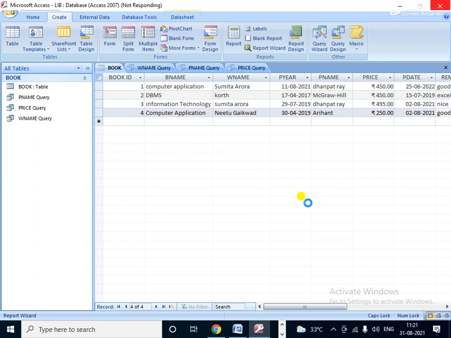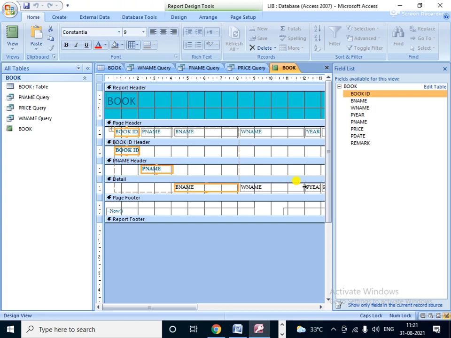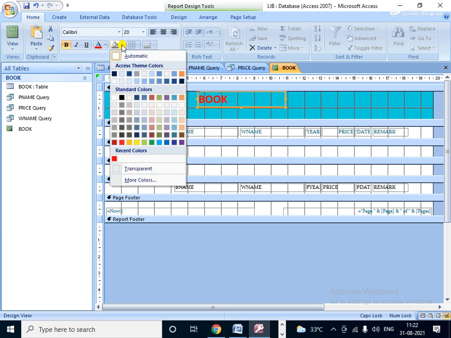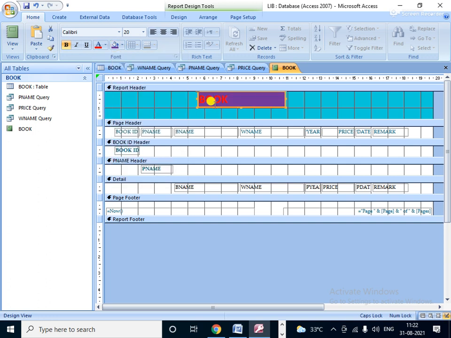So you see the report wizard is coming on the computer screen. It is taking some time. After this, if you want to change the colors, we can change the color also. So you change the location. See, I'm changing the location, and you can increase or decrease it like this. If you want to change, select like this, like bold. Okay, and the color is like this. Suppose you change the background color like this.